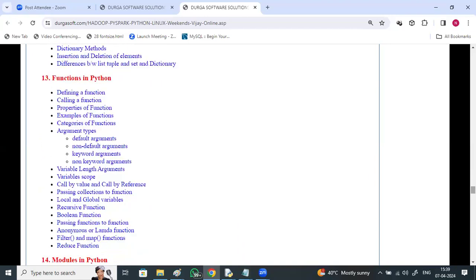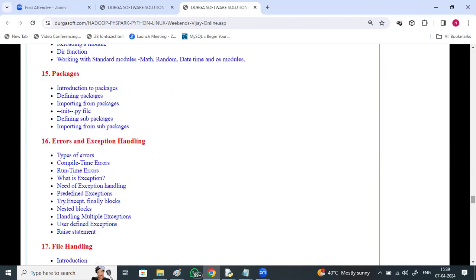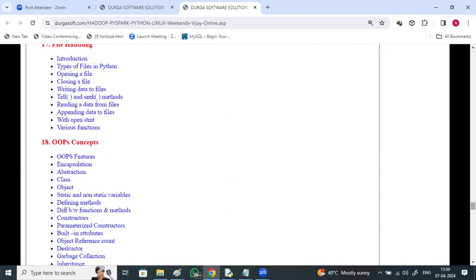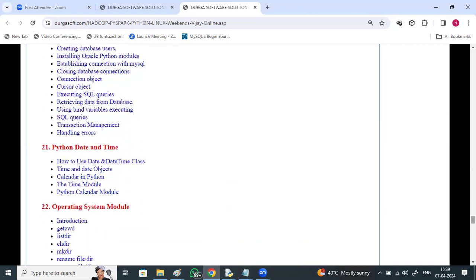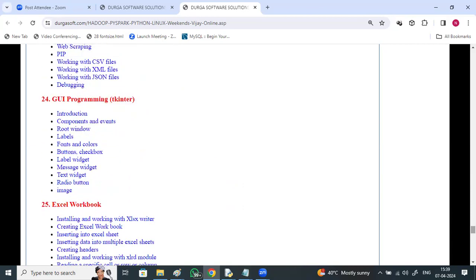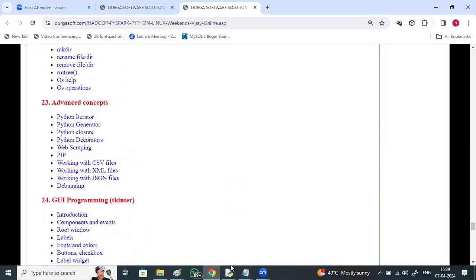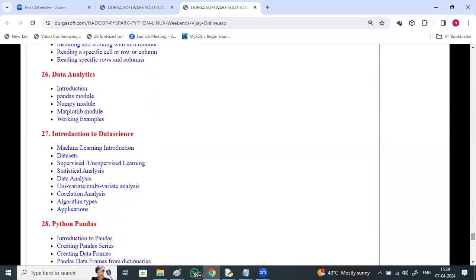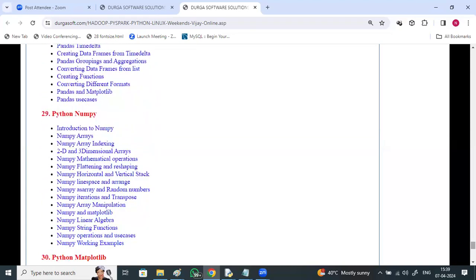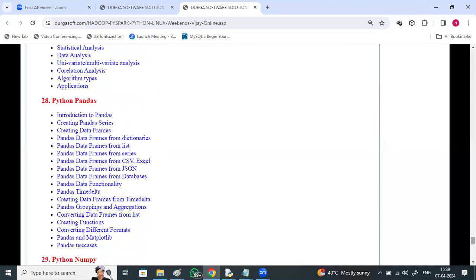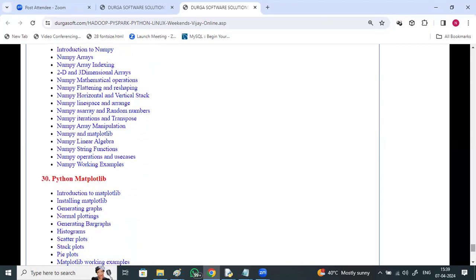And functions in Python, modules in Python, packages, errors and exception, file handling, object-oriented programming concept, regular expressions, database connectivity, Python datetime, OS module, advanced concepts, GUI programming, iterators, generators, closures, decorators, web scraping, working with CSV, XML files, Excel workbook, data analytics, introduction to data science, Python pandas, Python numpy, Python matplotlib.